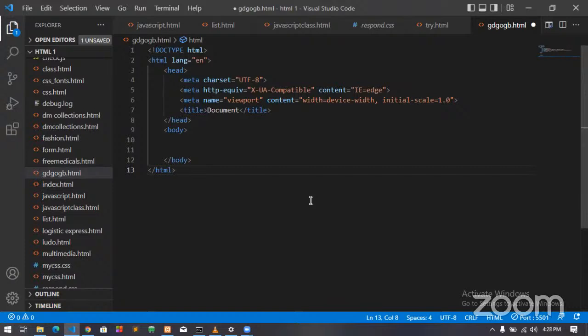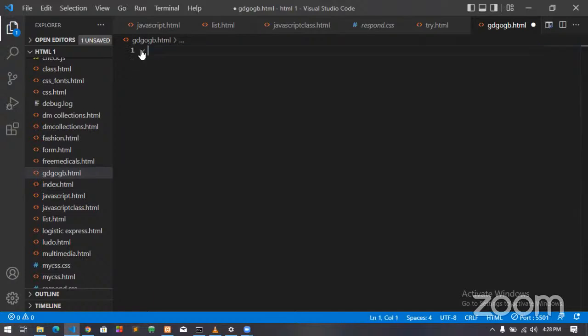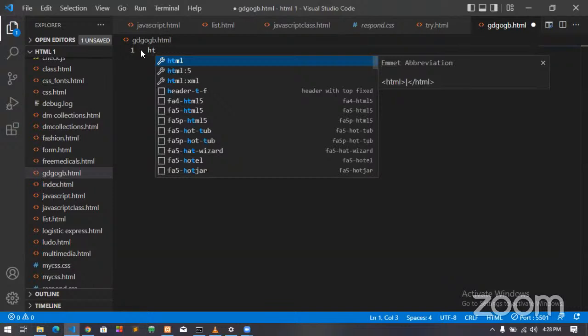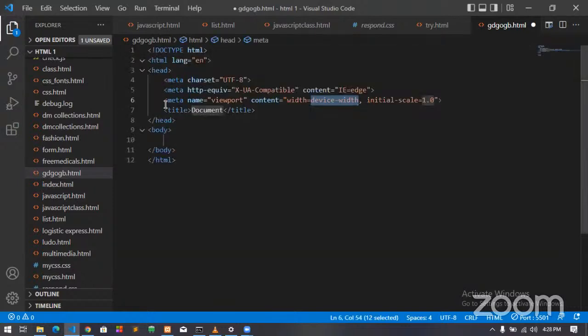VS Code is one of the text editors that we have. Now, if you don't have that installed, you have to install it. What I did was, Visual Studio Code actually suggests it, so it brought this out. Now we'll quickly explain this. What we are doing is we want to create HTML.